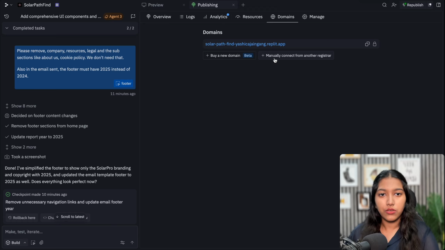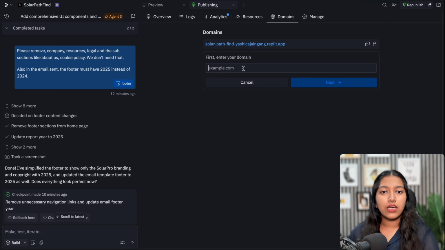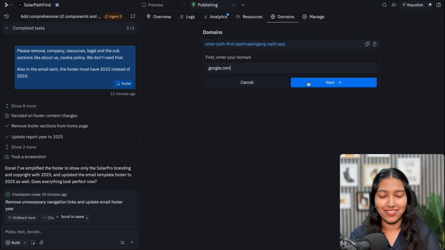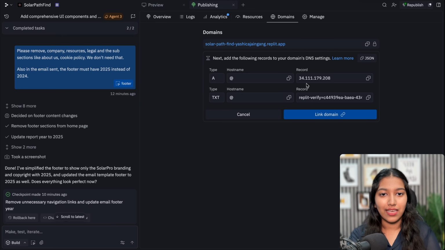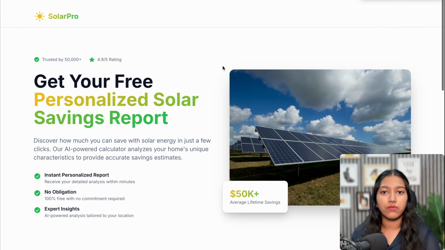So let's suppose that you already have a domain on which you want to publish this. So let's click on this one. Here you will have to add your domain first. Let's say google.com. Now obviously it won't deploy there, don't worry. Let's click on next. Now after that, it's going to give you two of these records which you have to add inside your domain's DNS settings. And that's it. As soon as you do that, it will link the domain. You will just have to click on this blue button. And then every time you go to your website, instead of the page it was showing previously, it will show this particular app. So that's it for the video.